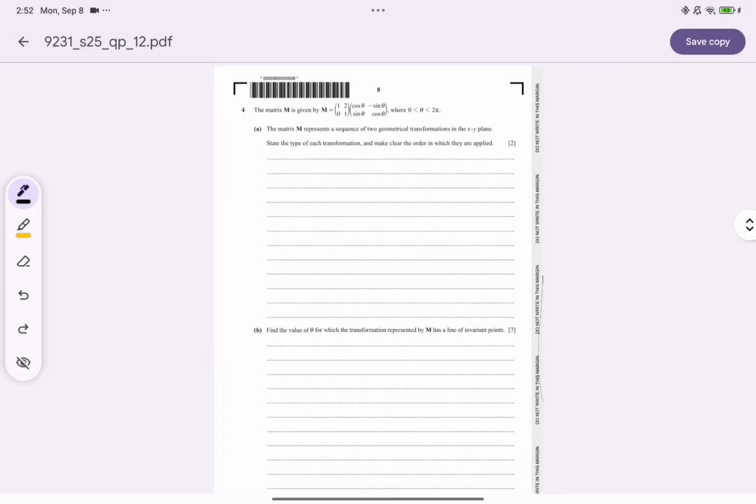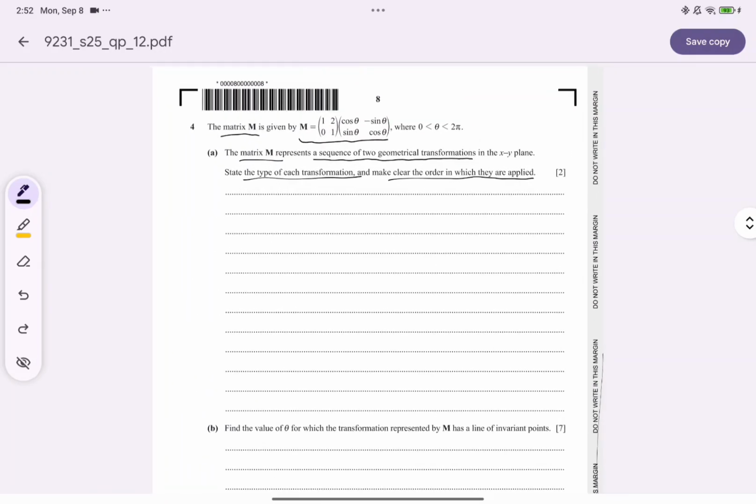Okay, so for this question, we're told that the matrix M is given by this, where theta is between 0 and 2 pi. For the first part, we're told that the matrix M represents a sequence of 2 geometrical transformations in the xy plane. So basically just the 2D plane. We have to state each type of transformation, and we have to make clear the order in which they're applied. Okay, so first of all,